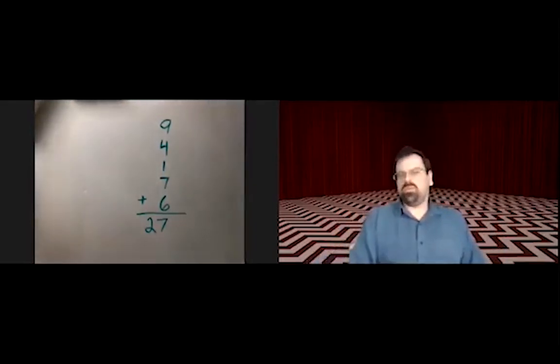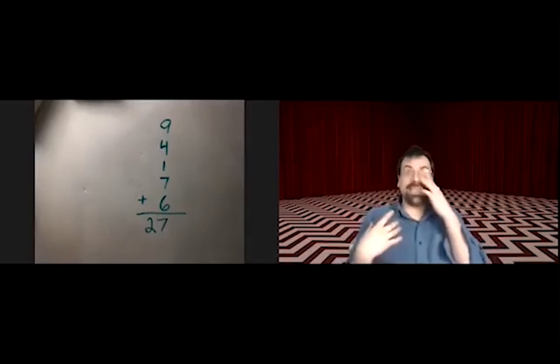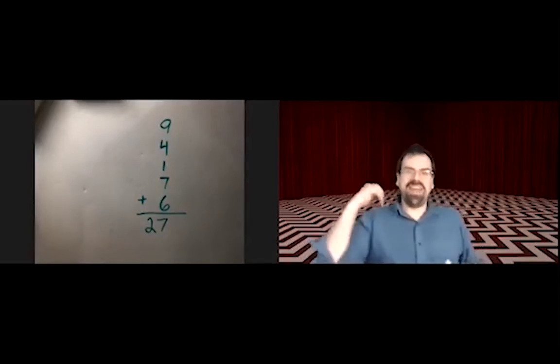adding those weird numbers. I don't know about you, but I always used to struggle with my 7 and my 6 and with my 8 and my 7. I just couldn't get it to click in my head quickly enough that 6 plus 7 is 13, that 7 plus 8 is 15. Even now, as I said that, I had to be careful and make sure that that